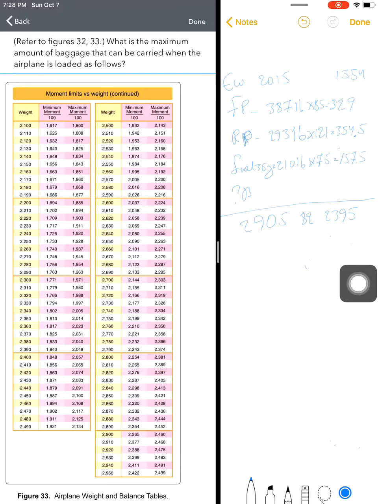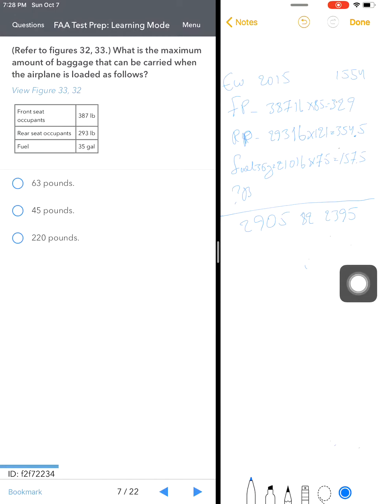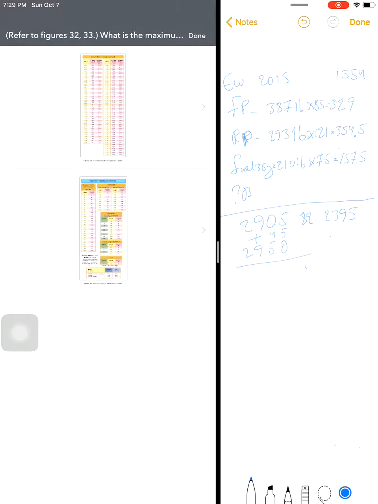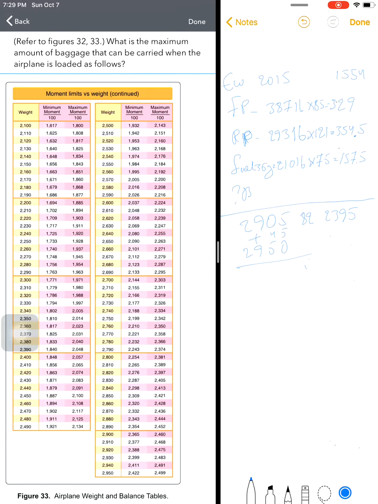See, it's 2950 up to where. So let's add 45 pounds, okay? Let's add 45, see what happens. So 2950, if I add 45 pounds, that's the total there. And then if I have that 45 pounds of baggage,